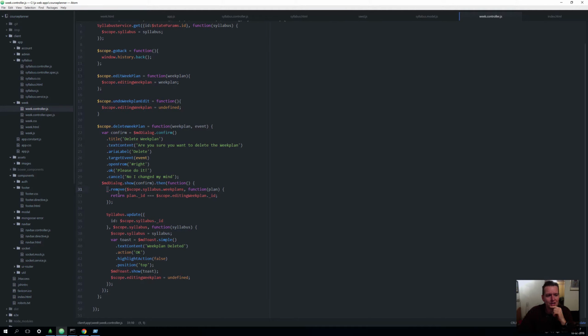So in my case, I'm saying remove, in this array right here, which is the week plans of the syllabus, remove the first one that you find that has the same ID as the one I'm sending in from the outside. Okay, so this is all fine and dandy, and then we need to do an update